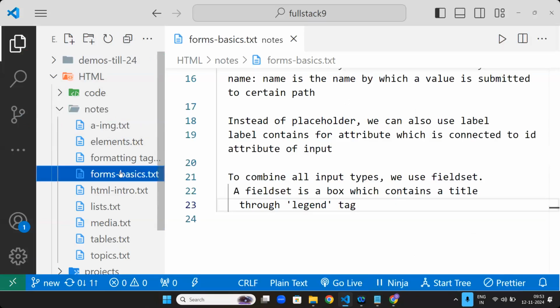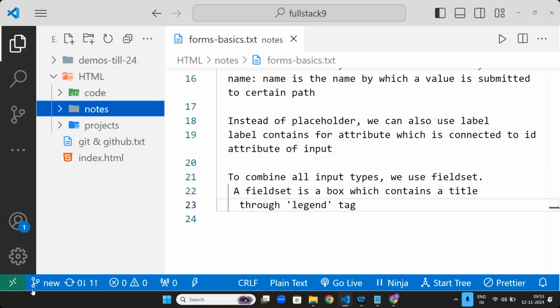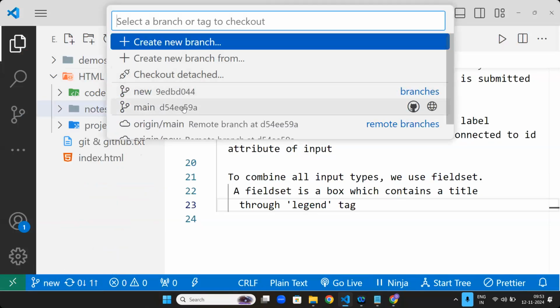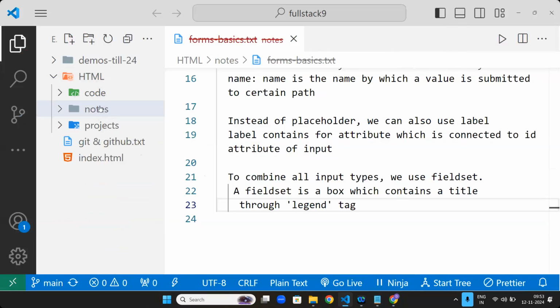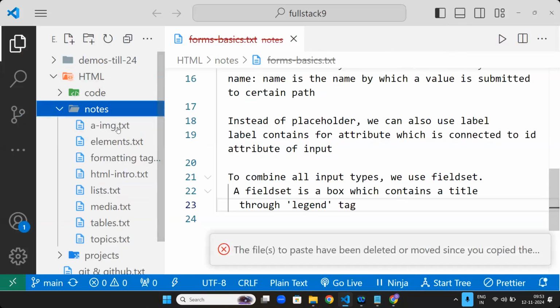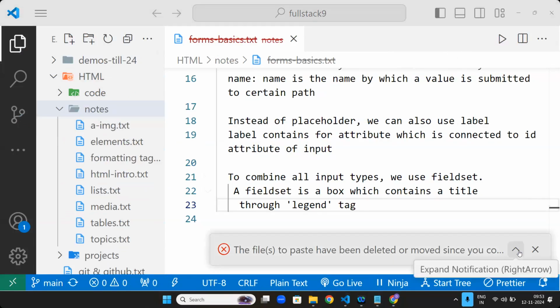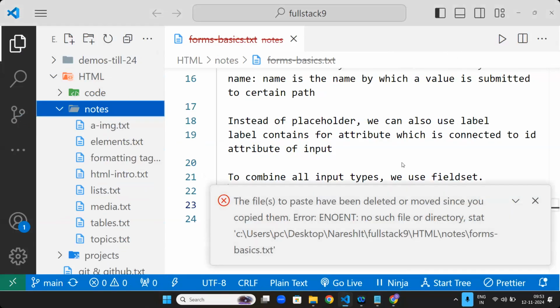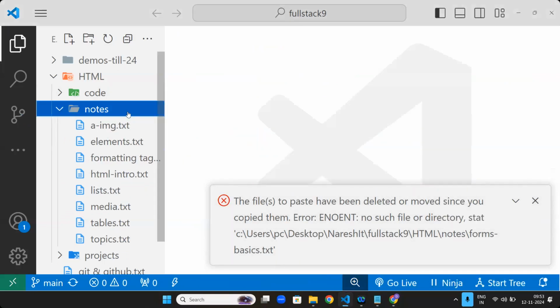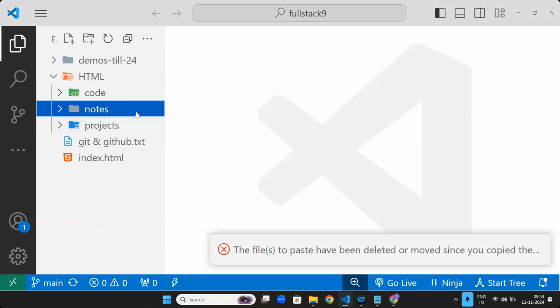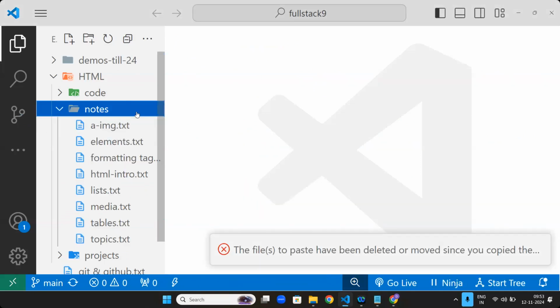Oh, okay. The mode, since you copied them, go here. Why is it not showing it here?